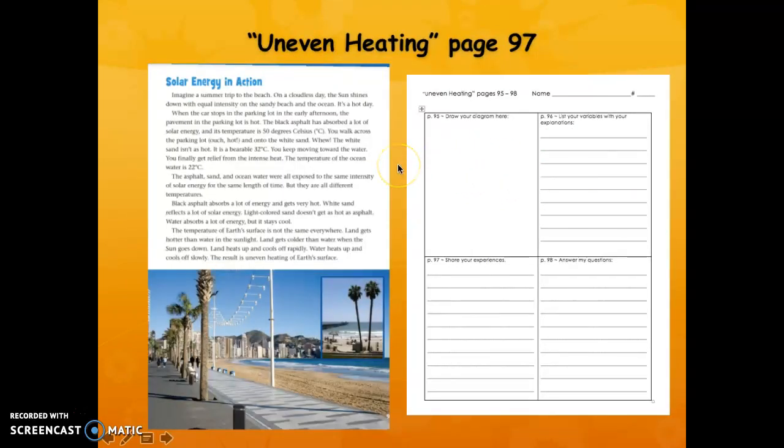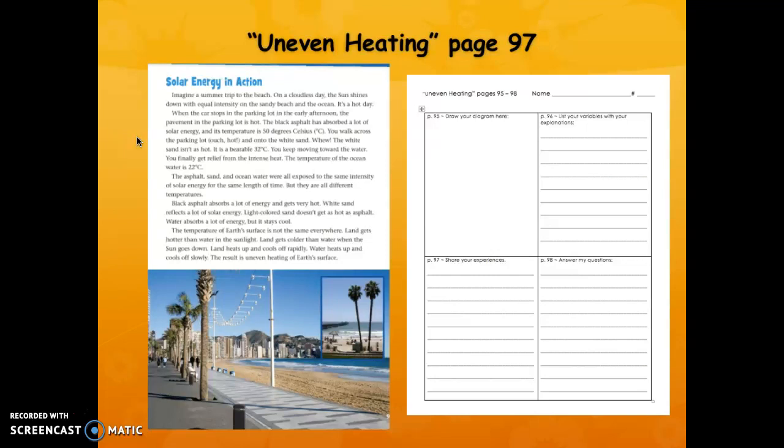So on page 97, we're looking at solar energy in action. I'm going to read just a little bit of this with you. Imagine a summer trip to the beach. On a cloudless day, the sun shines down with equal intensity on the sandy beach and the ocean. It's a hot day. When the car stops in the parking lot in the early afternoon, the pavement in the parking lot is hot. The black asphalt has absorbed a lot of solar energy, and its temperature is 50 degrees